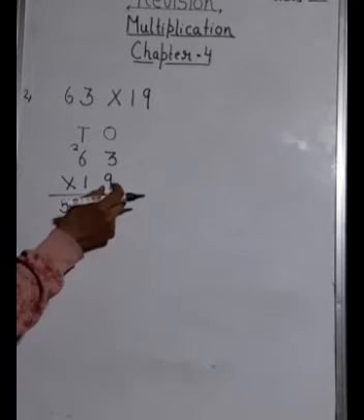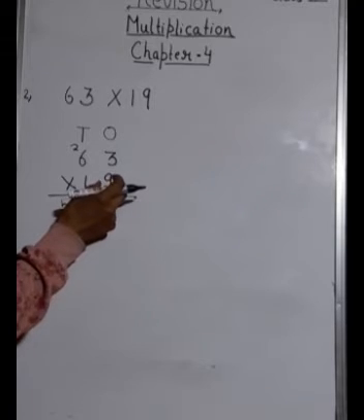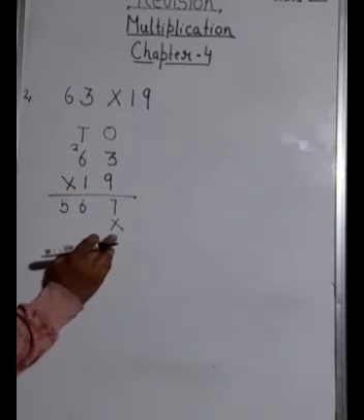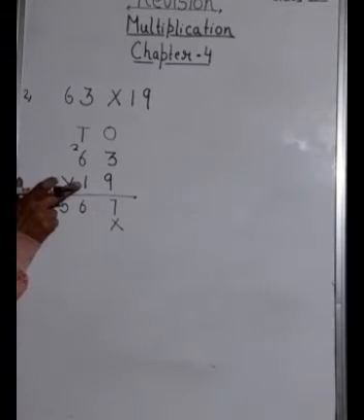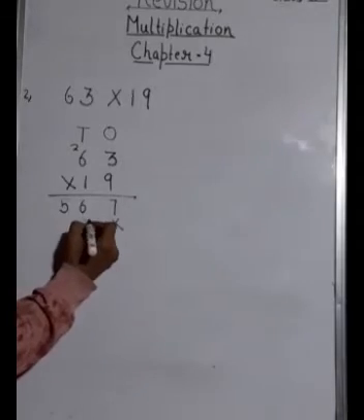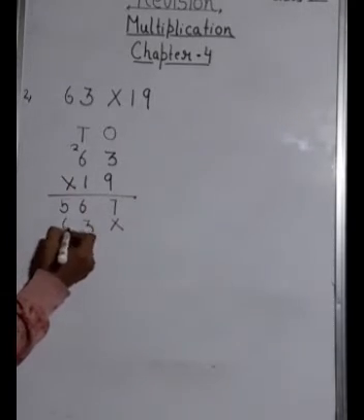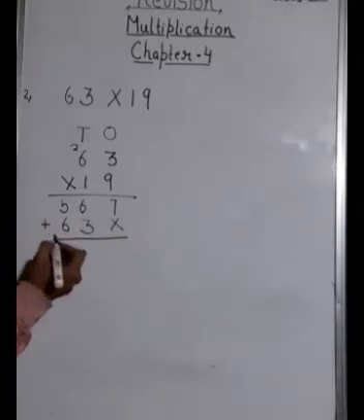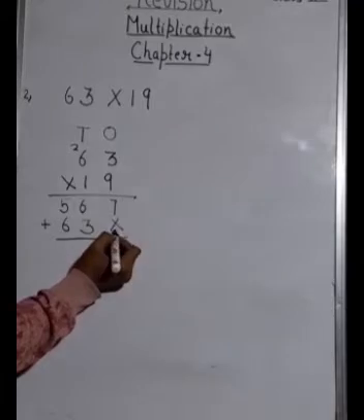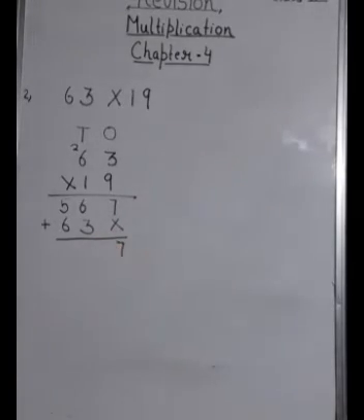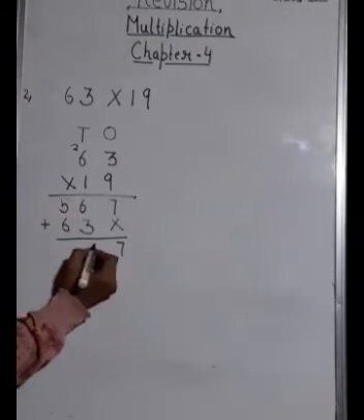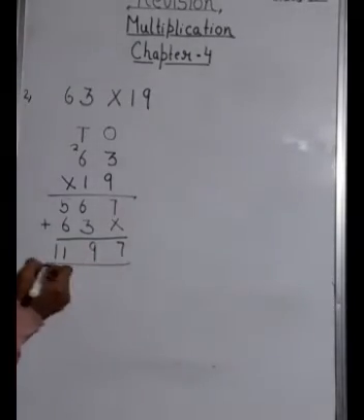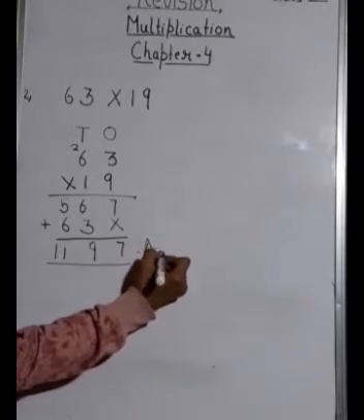Clear? So you have done with the digit at the ones place. You will put a cross at the ones place, as you have done with one digit, so I have put one cross. Now your next digit is 1. So 1 3 is 3 and 1 6 is 6. Clear? You have done with both the digits. Now you have to add them. So 7, here it is crossed, so 7 will be written as 7 only. Now 6 plus 3 will be 9 and 5 plus 6 will be 11. Okay, and this is your answer.